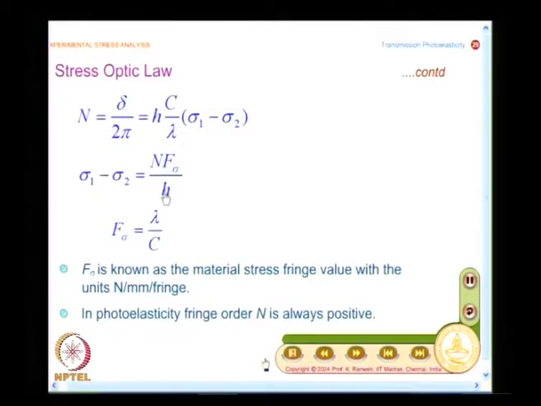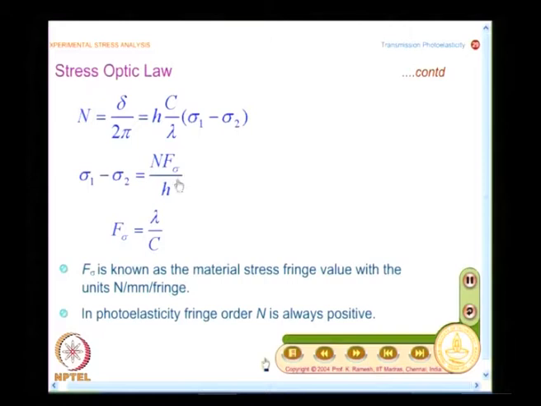Okay, now let us look at the expression. If I have to use this expression, my interest is to find out sigma 1 minus sigma 2, that is very clear. From the experiment, I will have to find out the fringe order, and depending on the material that I use. If you look at photoelasticity, for class demonstration we bring in polyurethane, and then you have polycarbonate, you have epoxy, you have Perspex, you have even glass, they are all photoelastic materials, and even the recently introduced stereolithographic resin, they are all photoelastically sensitive materials. And we use these for certain purposes.